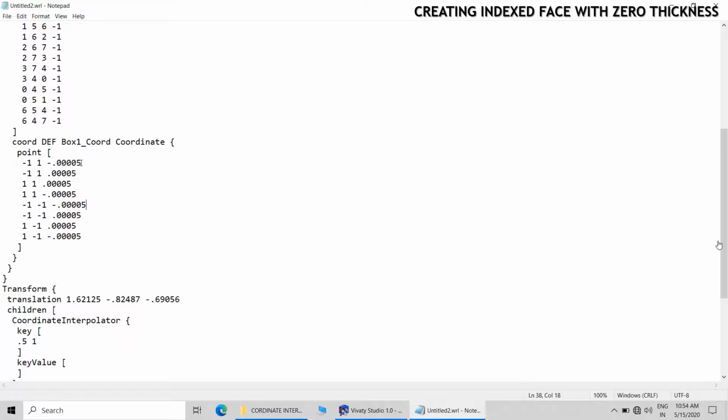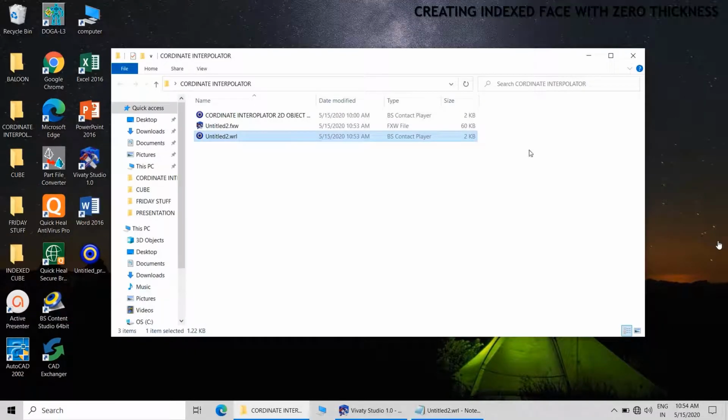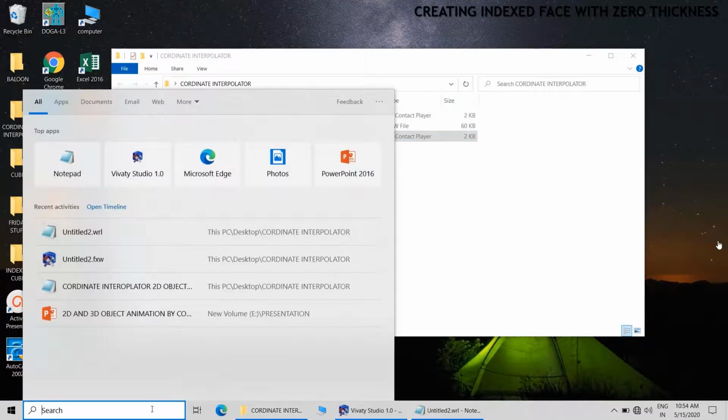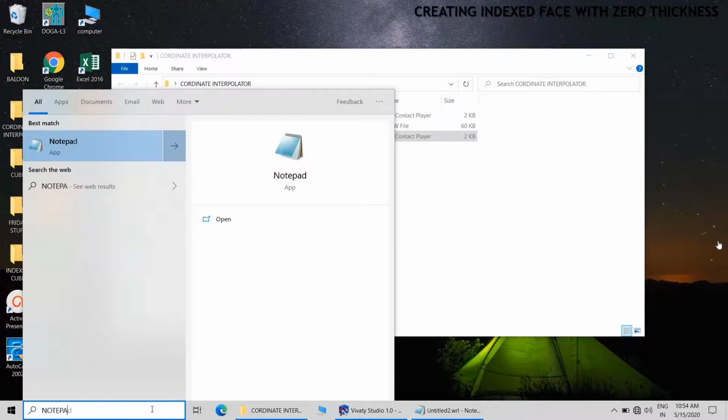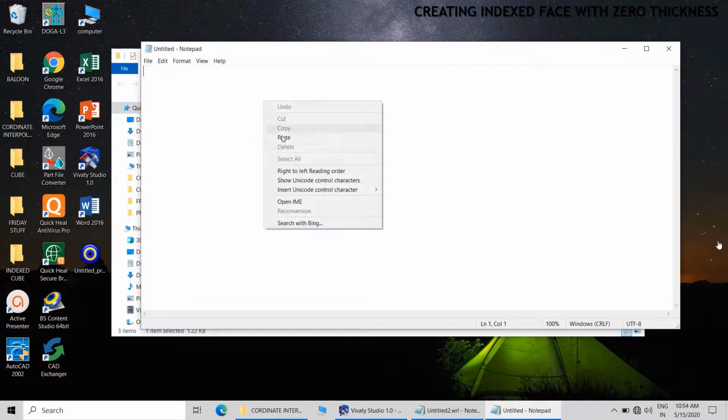Now, as I have said earlier, we cannot generate objects of zero thickness.